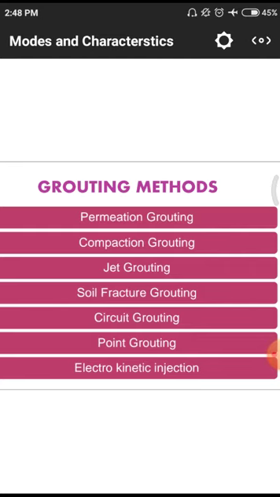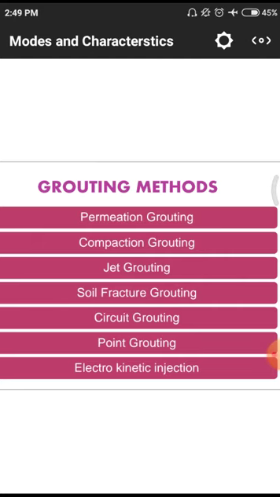First one is permeation, which simply means the material is filled on the surface wherever we have to observe these kinds of cracks. In the second case, that is compaction. We have to go for some quantities of pressure to get quick setting. That means by utilizing compaction grouting, there will be some quick setting. Third one is Z grouting. They need to utilize some high pressure pipelines and pumps for the purpose of spreading the cement over larger heights.